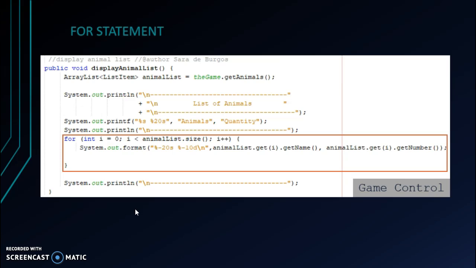the display animal list method located in game control. It will initialize, then there is a condition where if it is false, the statement will stop, and if it is true, it will repeat. This is referring to i++,